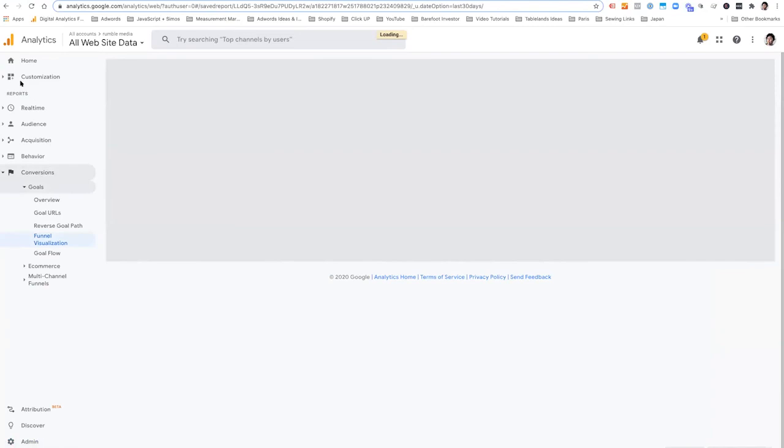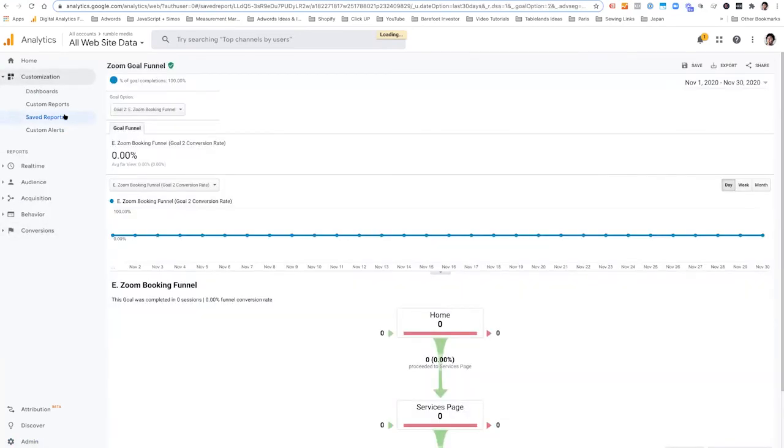And then what happens is it ends up here in the customization reports under saved reports. So next time when you come into analytics, if you just want to have a look at the cool stuff that you've done as you've built it, as you go through this playlist, then you can come back here and every Monday, check your funnels, check your goals.